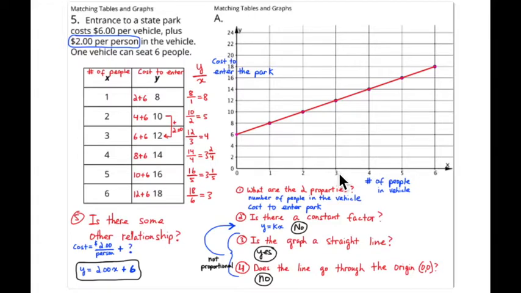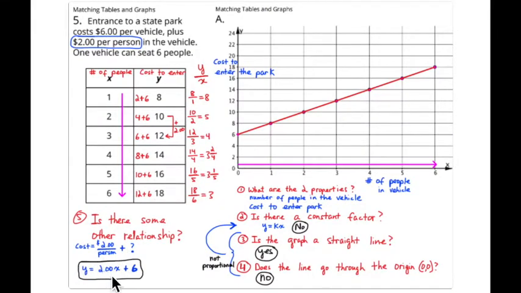So you go to 3 people, 3 times 2 is $6, and go up to here, but then you're going to add another $6 for the vehicle. Say there are 5 people in the car, so it's $2 for 5 people, 2 times 5 is $10, plus another $6 for the vehicle to get into the park. So there is a proportional part to it, although the overall relationship is not proportional because you end up adding